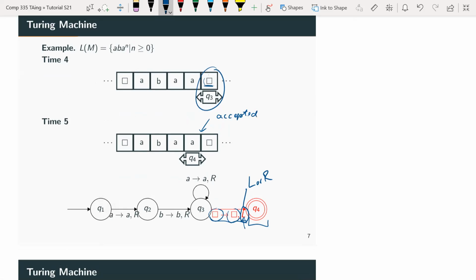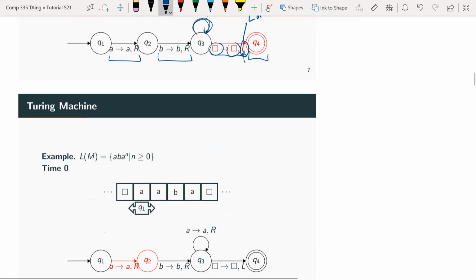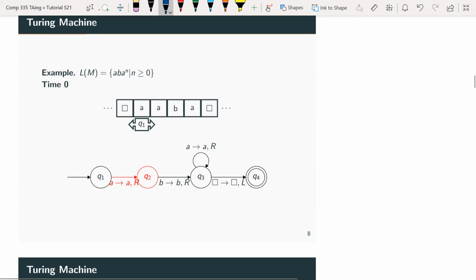So you can notice that any input that looks like an A, then a B, then any number of A's will be accepted. Okay, so that's why we were claiming that this is the language accepted by your Turing machine. All right, so maybe just quickly an example of where